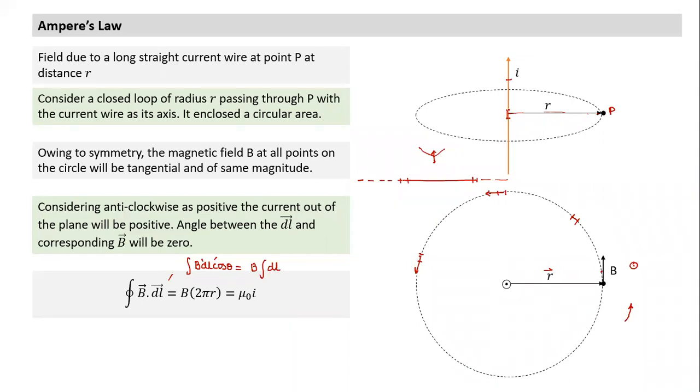I have taken one element and given a proof. If I take a small element, which direction will the field be? The field will be in the same plane and tangential. How about other elements? If I take this element, the field is like this. If we take another element, and the corresponding element here, what you'll find is that whatever component they have perpendicular to the plane will cancel out, and only the component along the plane will remain, and it will be perpendicular to R.